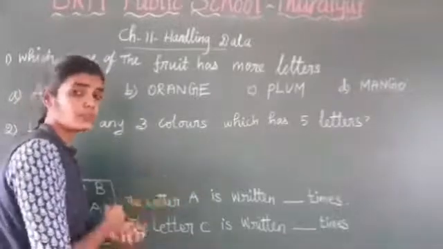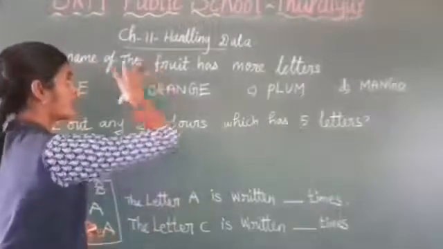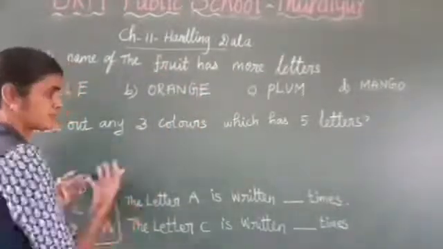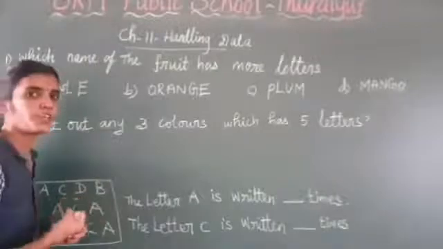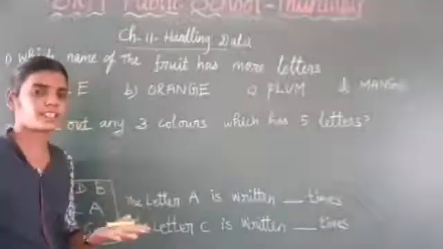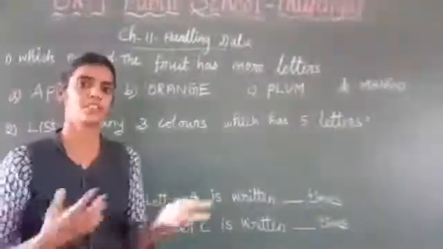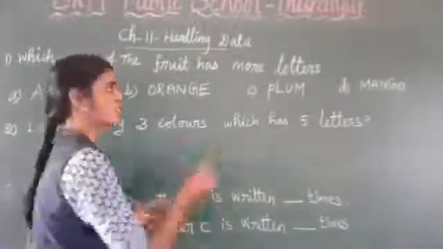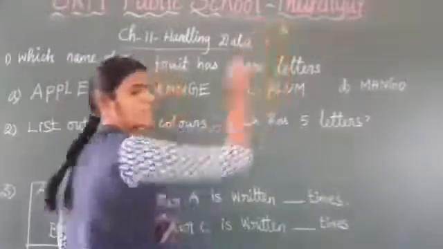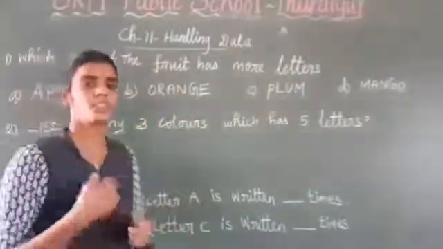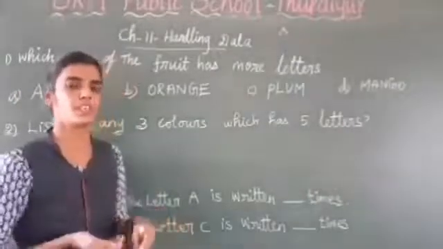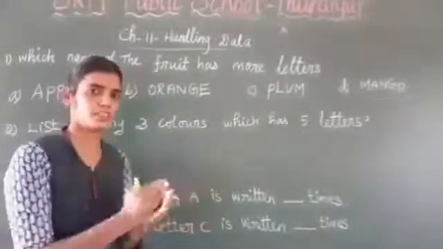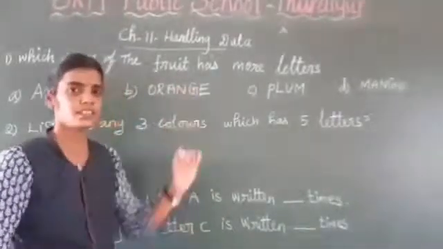Where is the collection of information? Somehow they are given information, and in that, which answer is correct? A collection of information is called data. In our class, how many girls and how many boys, that is one kind of data. Also, how many girls have names starting with the letter A, then B, how many girls, how many boys, that is also data. Okay, so this is called data. We collected the information and put it in a list, that is called data.